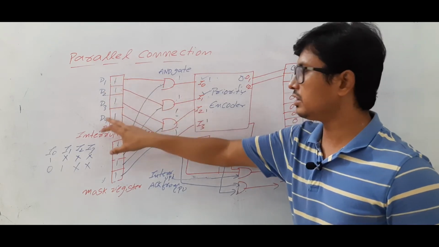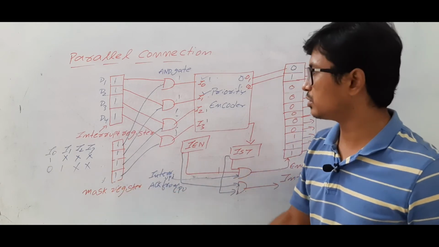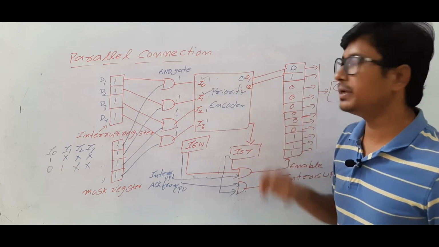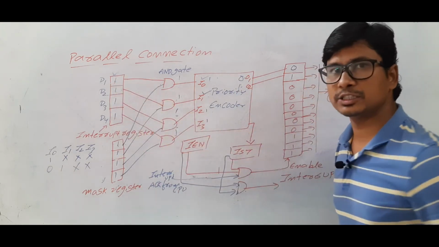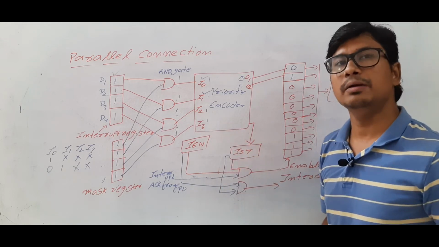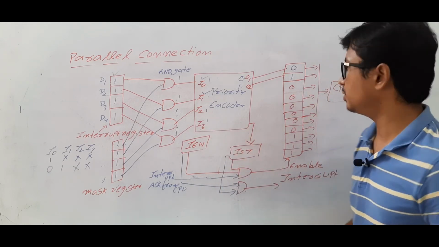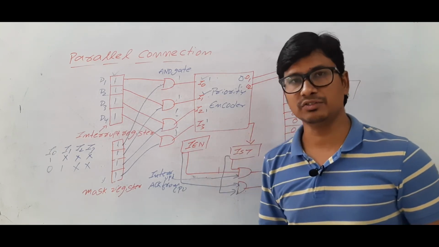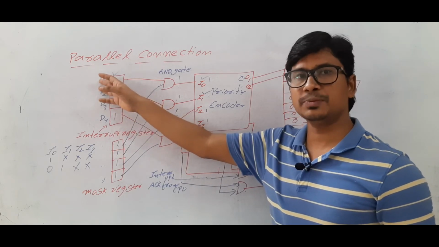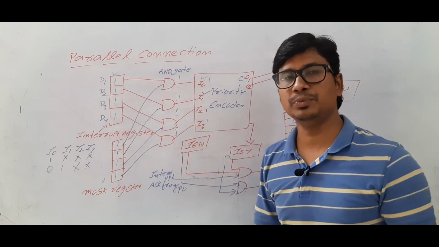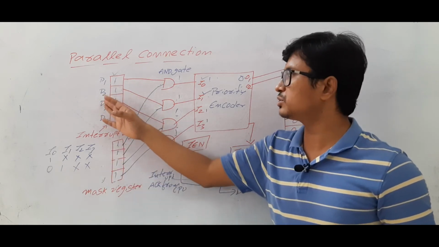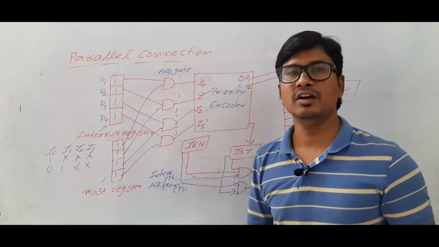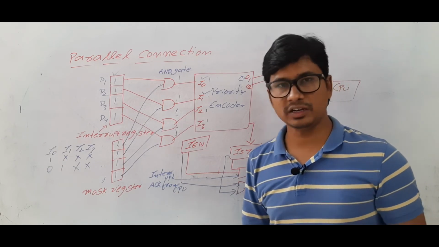So let's take that all the devices are 1 and the mask register is also 1. Then the AND gates will give all 1s. Then only interrupt 0 will be obtained, because device 1 is the highest priority one. So that's why we are using the priority encoder instead of a normal encoder. So this value will be 0, 0. Here also there is a starvation problem, because the highest priority device is getting more priority as compared to the rest of the devices, which are device 2, device 3, device 4. So still there is a starvation problem. Whenever there is priority, there will always be a starvation problem. So we cannot avoid it.